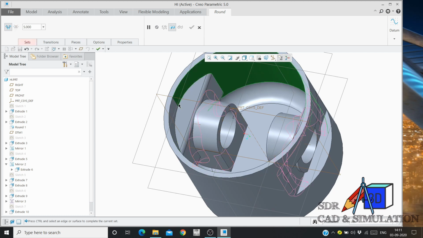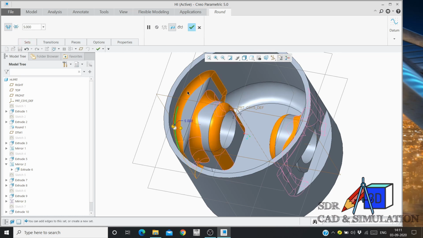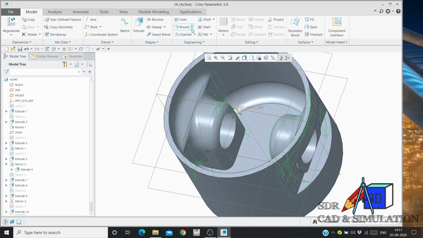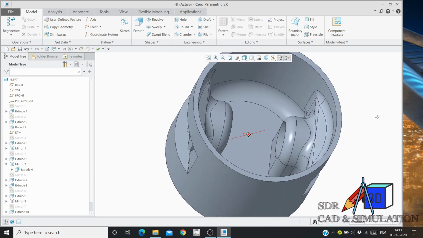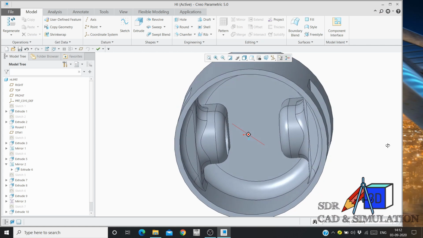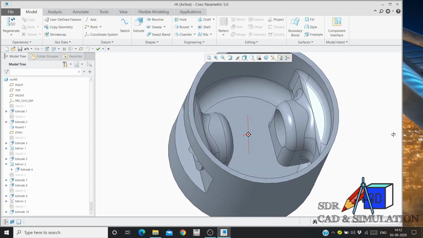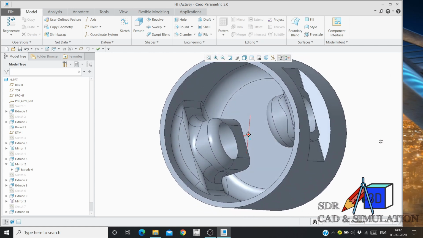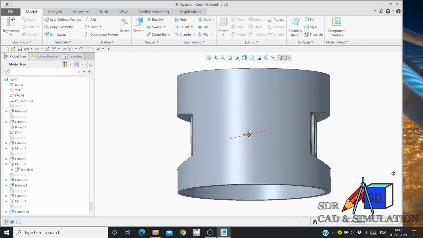Click on the Control button, select it again, and it will be deselected. We have created the fillets inside.